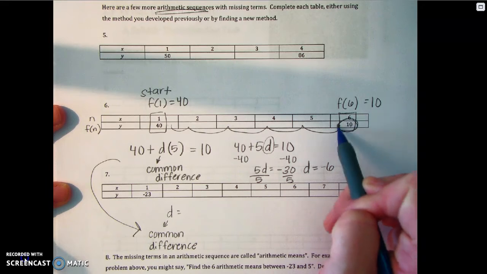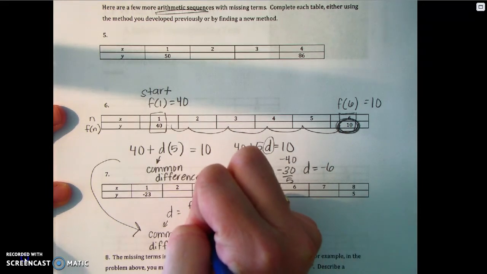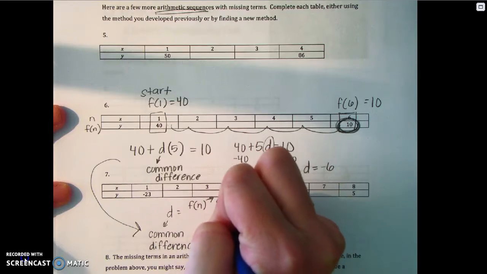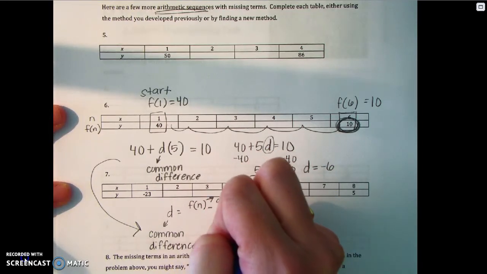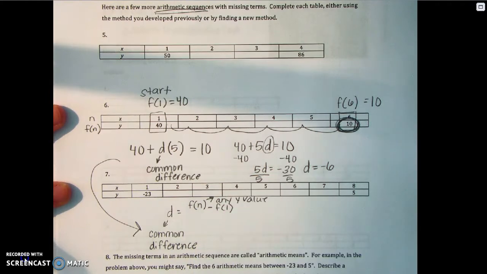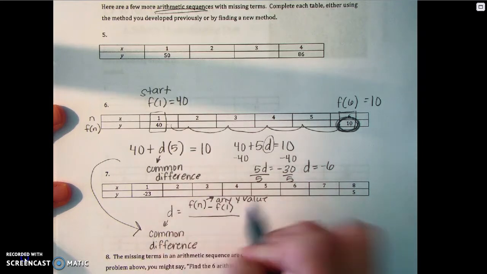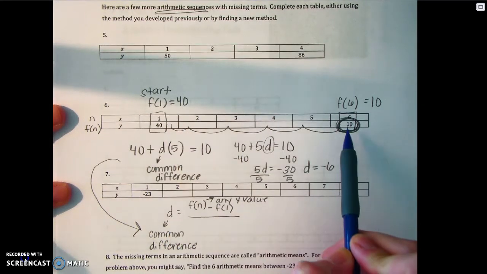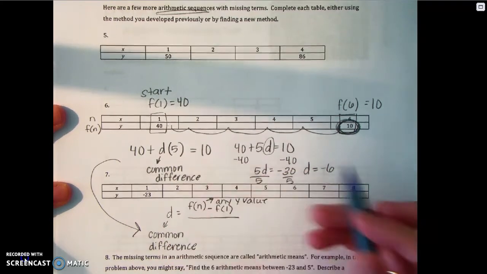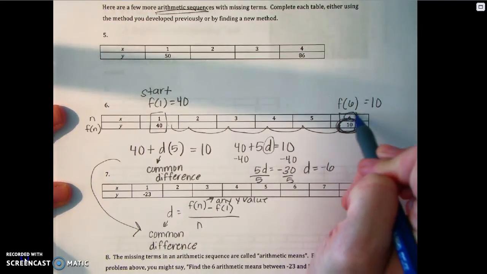any f of n value. So any y value, in this case it's f of 10, but f of n would mean any y value minus the first y value, which is f of 1, right here. And then I can divide that by how many spaces or jumps to get from one to the next. So in this case, the way I can write that in function notation is n, which is x, in this case it's 6,